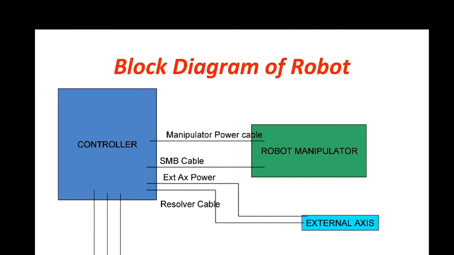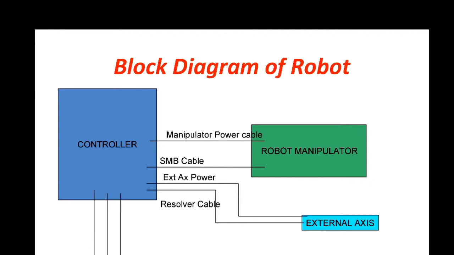But in the field I require some more axes to move my robot in different areas. With 6 axes I can do some activity, but in other parts I have to do much more activity with that same robot. I have to add some more axes, which means I can add 1 axis, 2 axis, 3 axis. I already told you, minimum we can use 6 axes, maximum we can raise it to 36 axes.